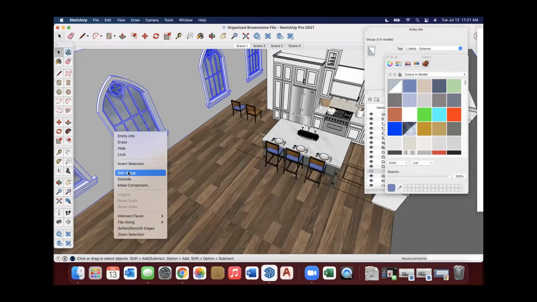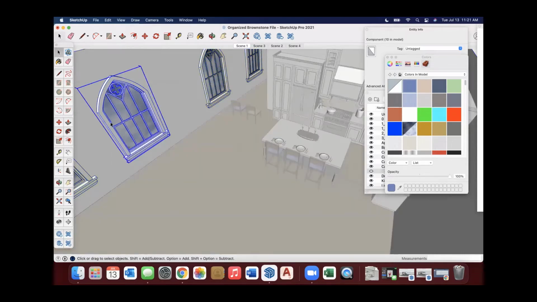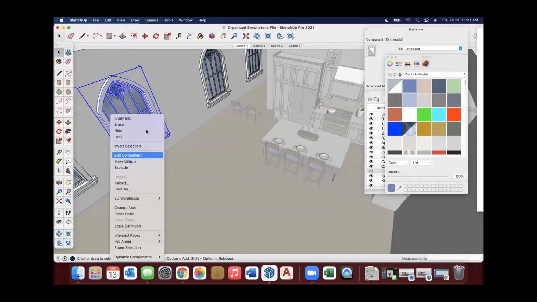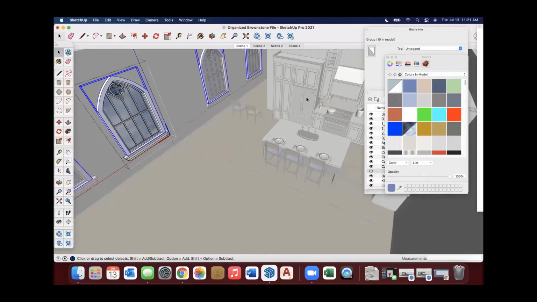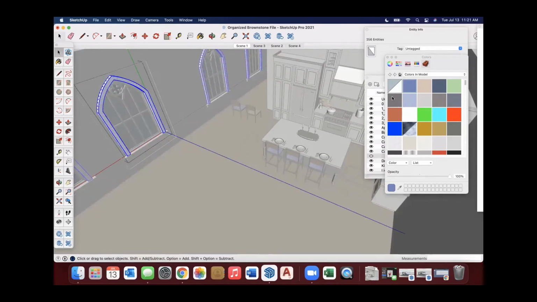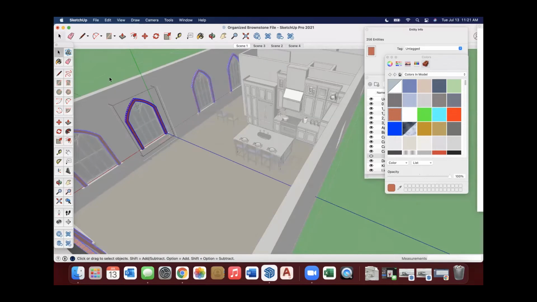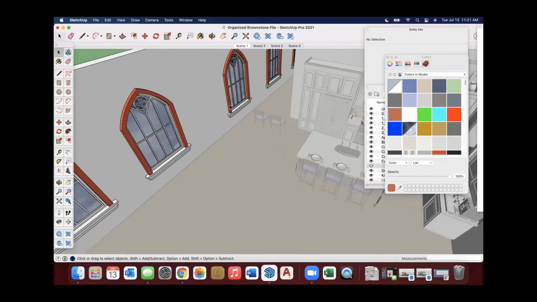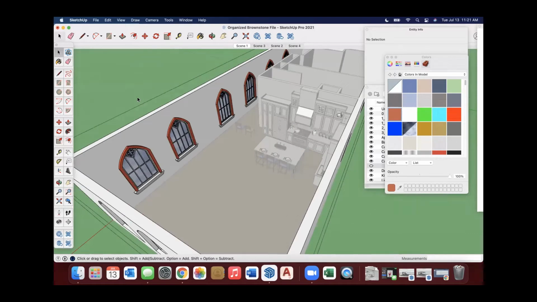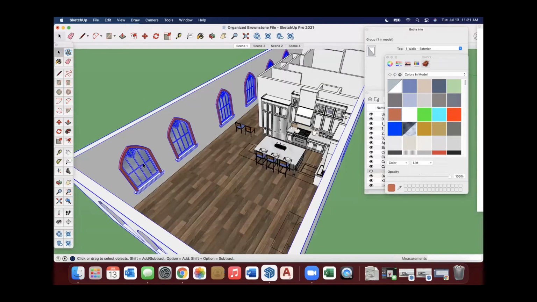For example, this student made it a group. So in reality, these should have been... okay, it is a component, but then they grouped all the windows together, but individually. So let's see if I change something about this window. Let's see if I change the frame, and you can see that this is highlighted. It's highlighting all the windows. So if I make all the frames this kind of color right here, it's a little weird, but you can see that it has now changed all instances of that. So perfect.